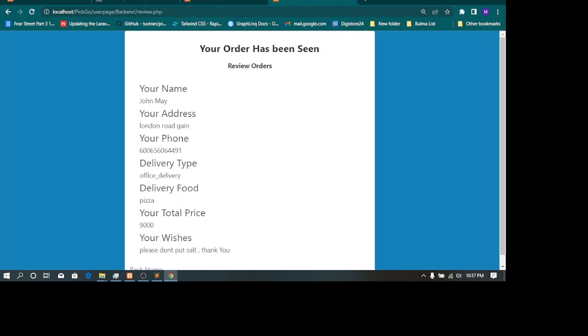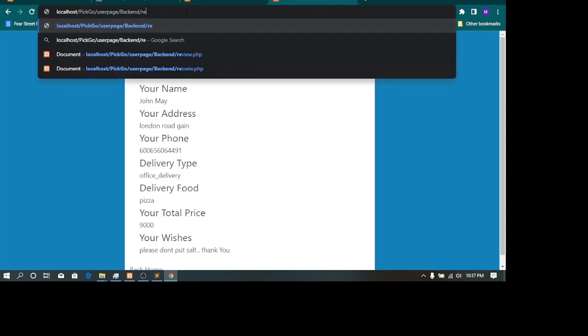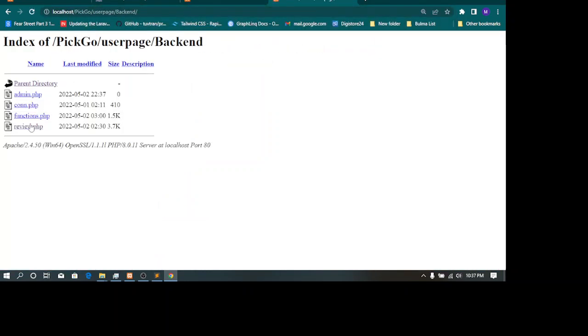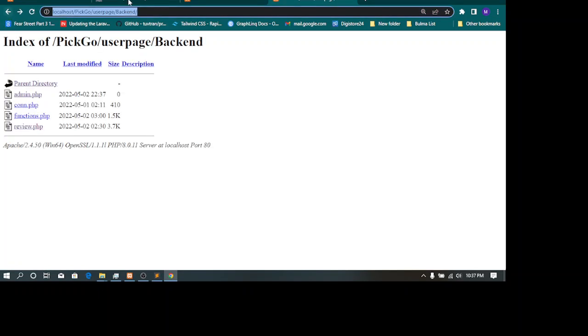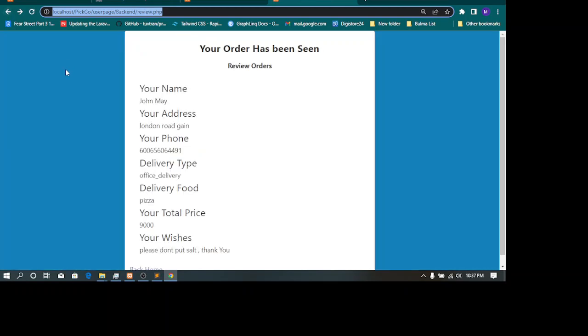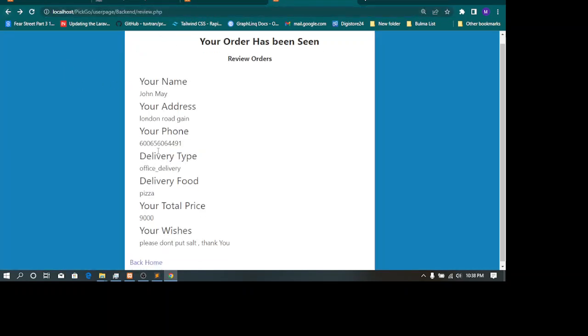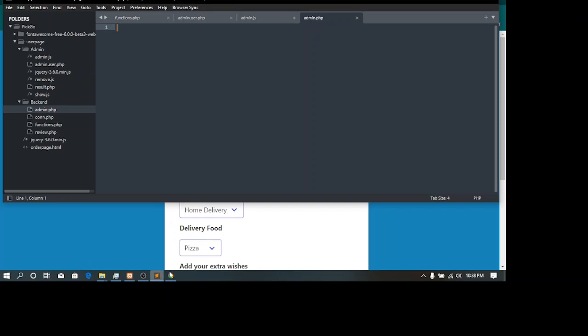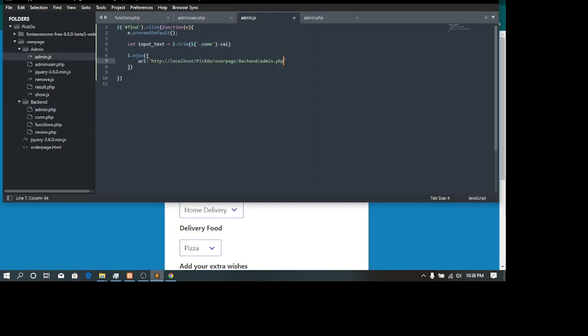So let's copy the URL. I'm just going to go back like this, then copy admin like here, copy it there, go back, then I'm going to paste it in front of here like that.